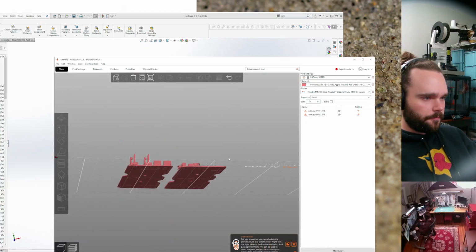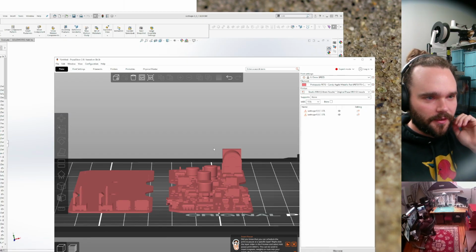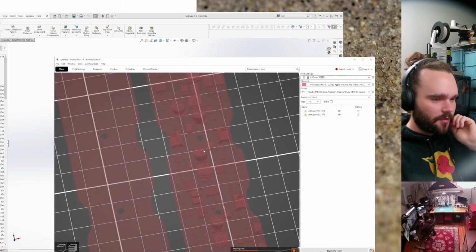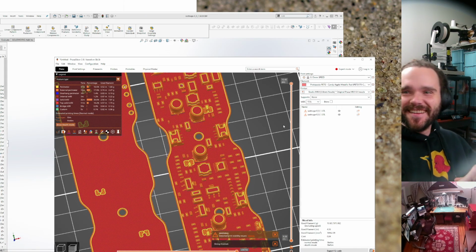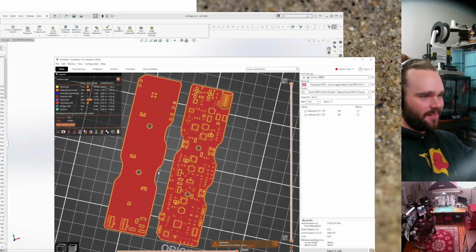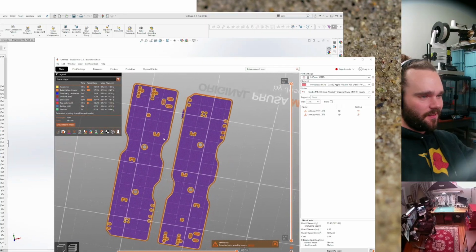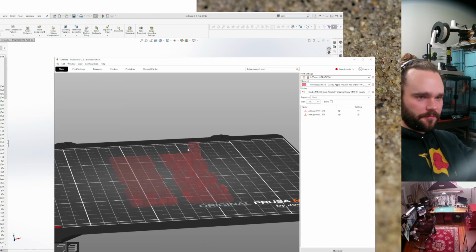All right. Will this slice? It will. Ultra detail.